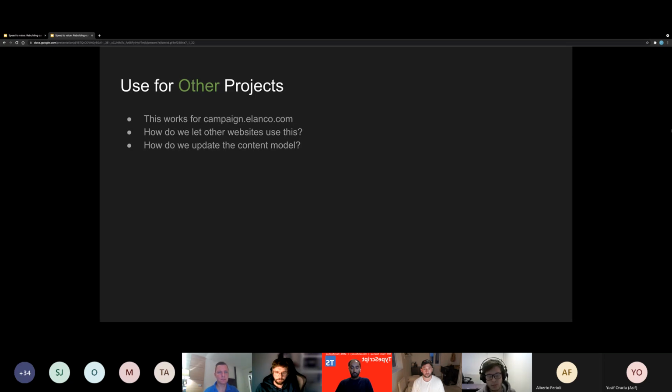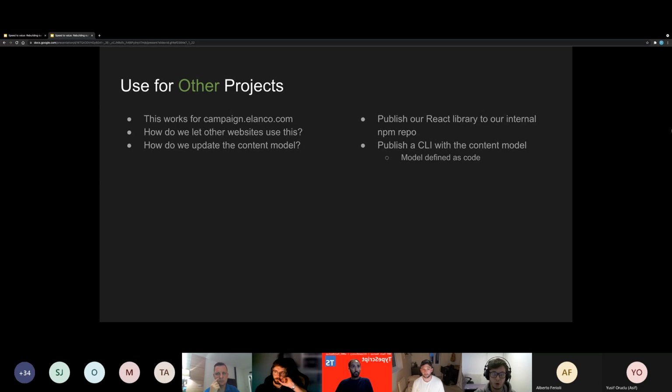But as well as that, we also had to consider how we were updating our content model. Initially, we weren't doing that in code, but we put together a CLI based off the content CLI that allows us to update our content model from code, to make sure that no matter which CMS project we were using, they were all in sync, they were all versioned, and they were using the correct content types across everything without a content editor or a developer having to manually update that.